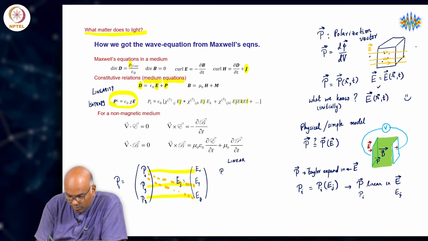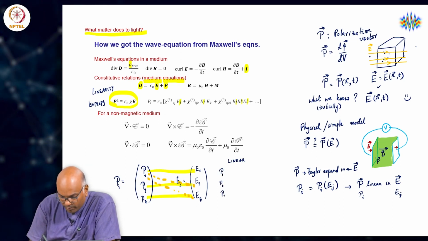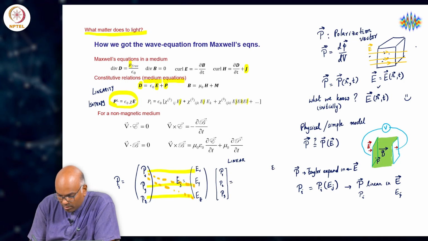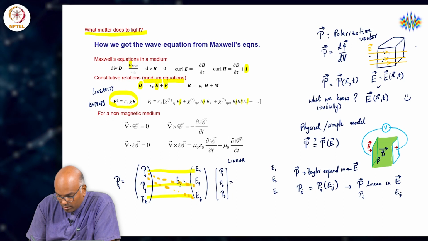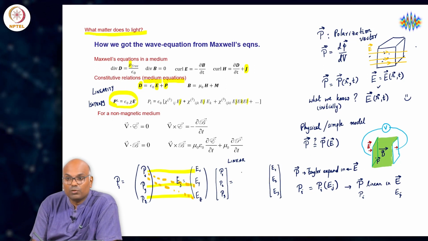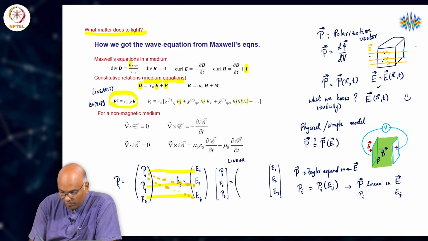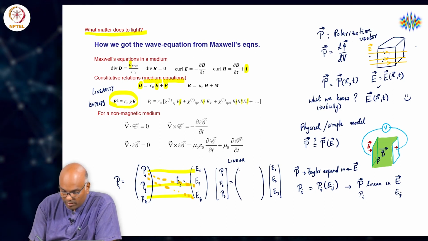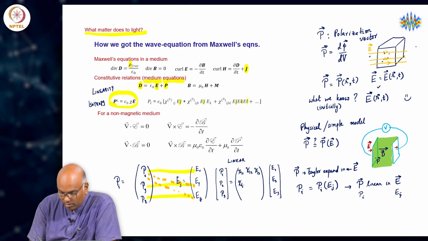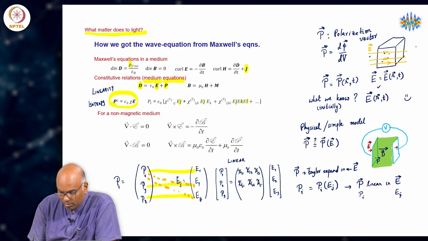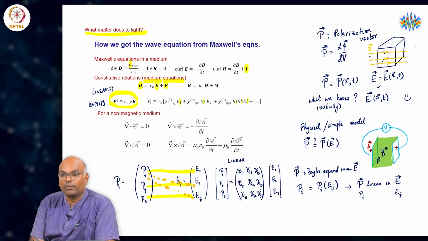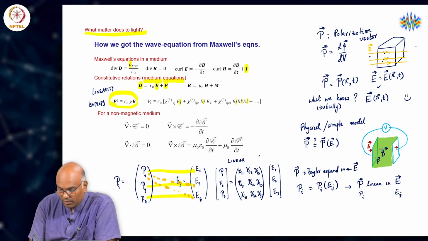We could have cast this to be P1, P2, P3, E1, E2, E3, okay, to be related through a matrix of 9 entries: chi 1 1, chi 1 2, chi 1 3, chi 2 1, chi 2 2, chi 2 3, chi 3 1, chi 3 2, chi 3 3. Okay, where 1, 2 and 3 correspond to x,